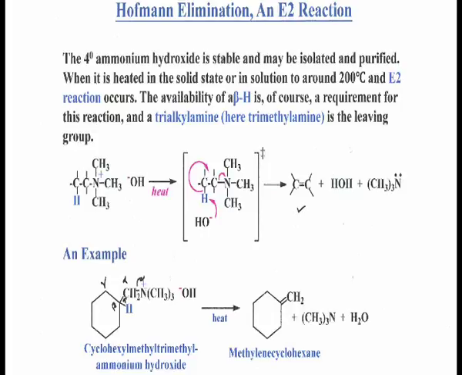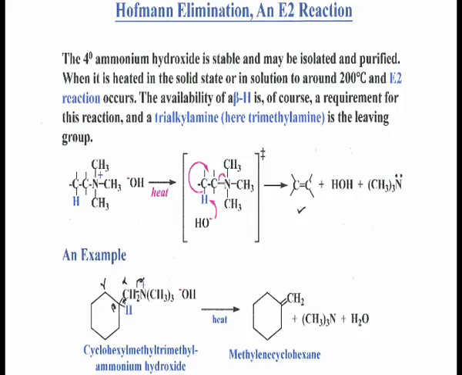What is the driving force here? The hydrogen gets picked up by the base, and the N plus with 3 bulky methyl groups is the quaternary salt. So that bond will be much more labile, very easy to break. So that is one leaving group and hydrogen is the other leaving group. As a result you get the alkene. This is an example of the Hofmann elimination reaction.